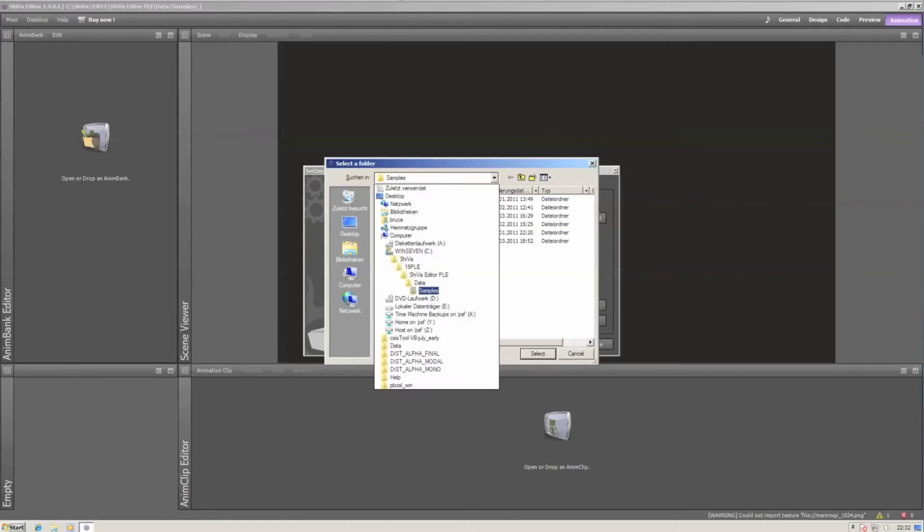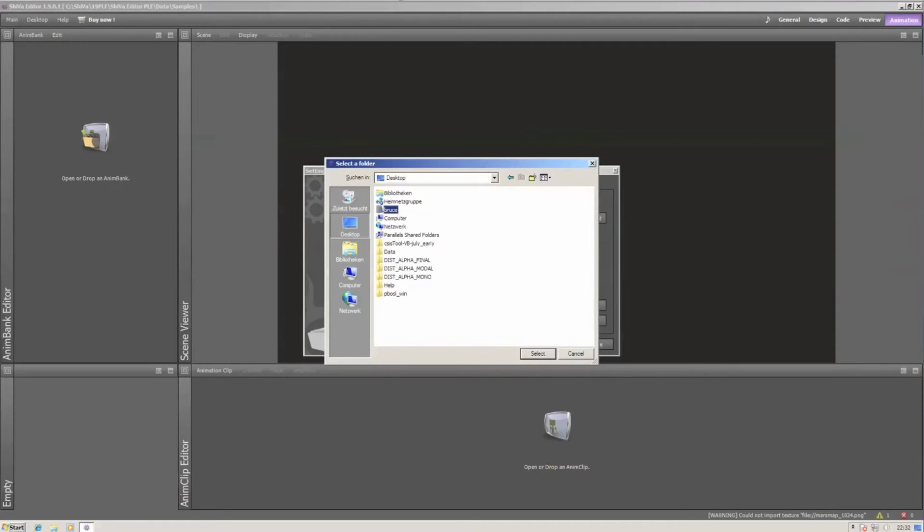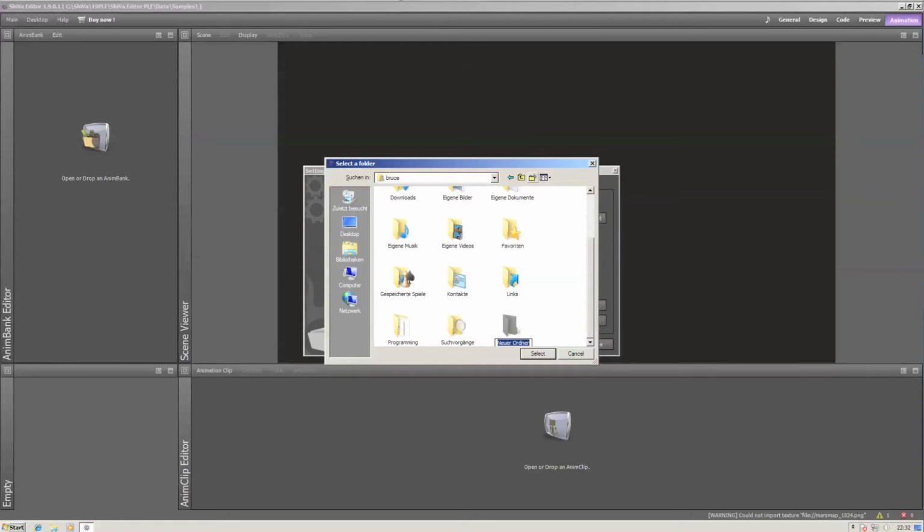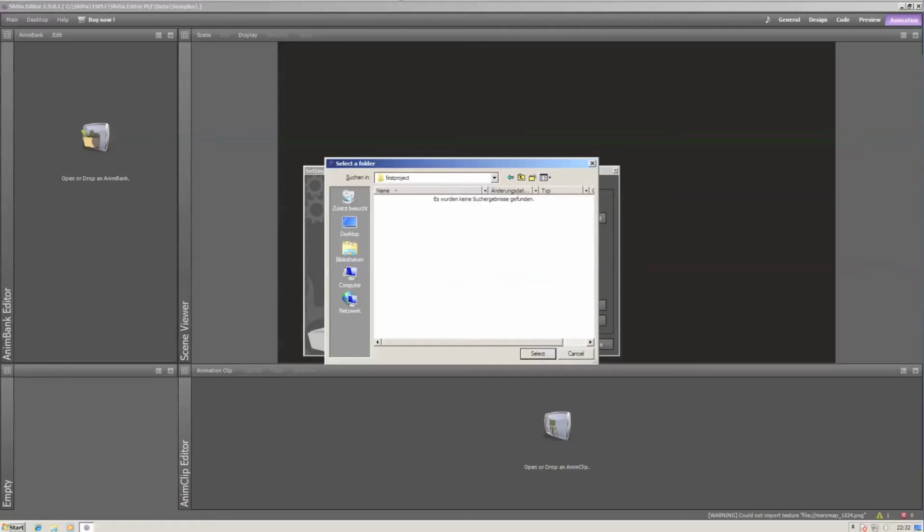and please choose something different than the samples folder. If ShiVa gets updated, and it really gets updated regularly, you will lose everything in this folder. So go to your home directory, create a new folder like this, first project, select it